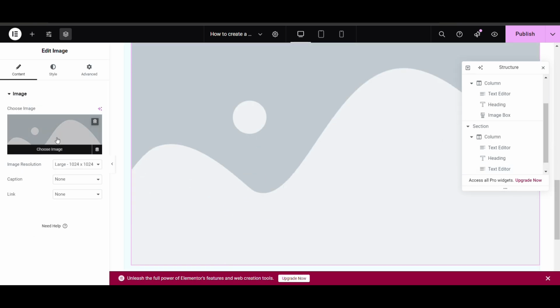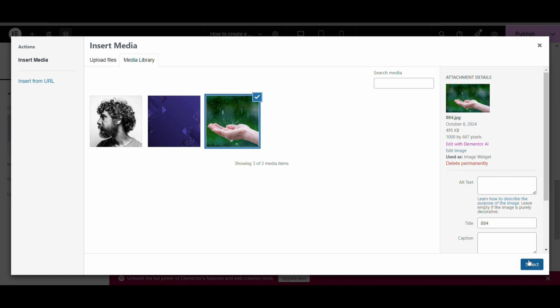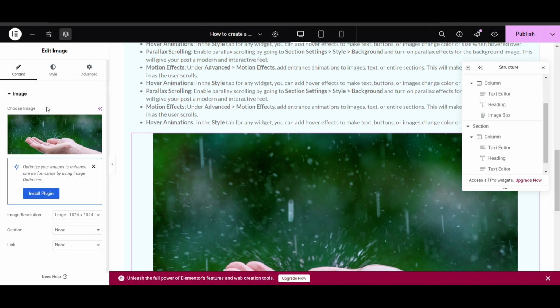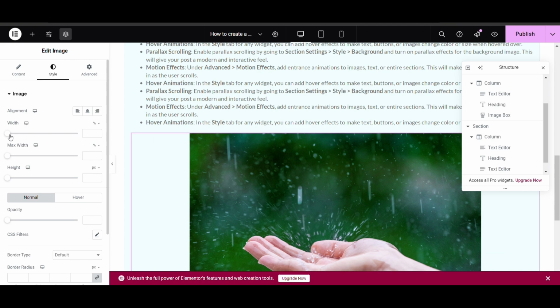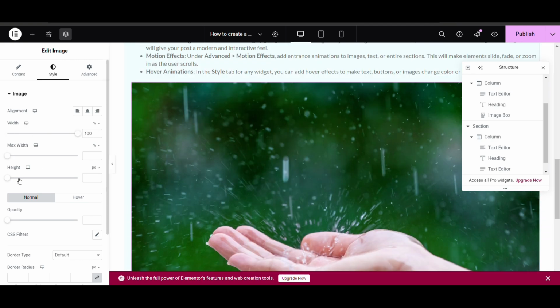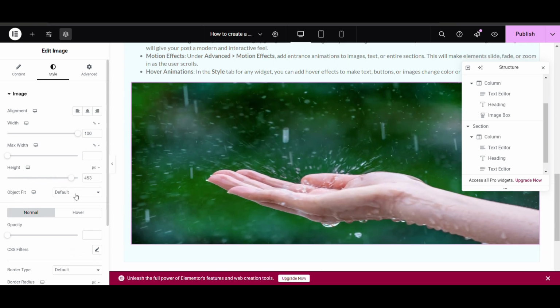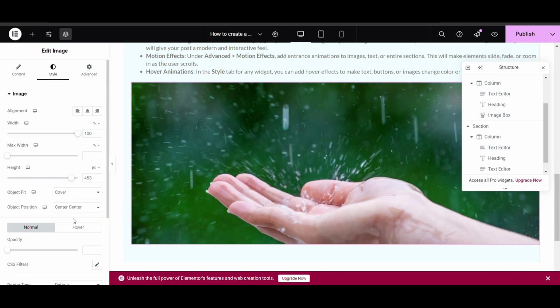Now we will add a section of image to make it look much more beautiful. Okay. Width will be full width. You can set height as per your requirement.